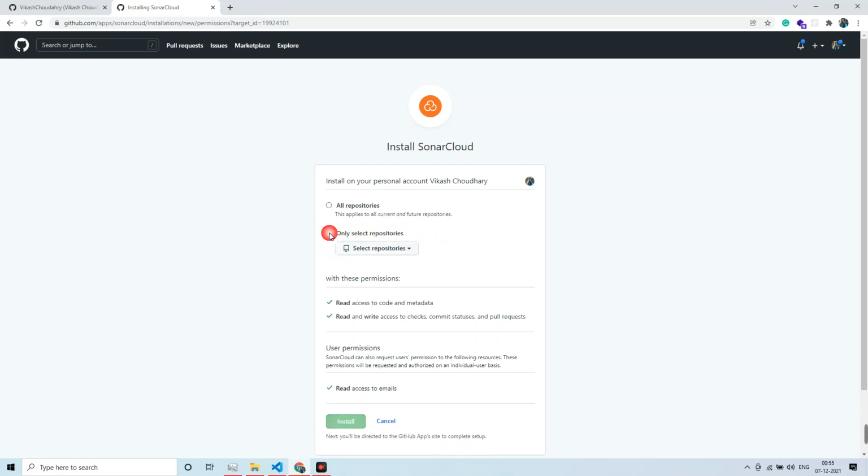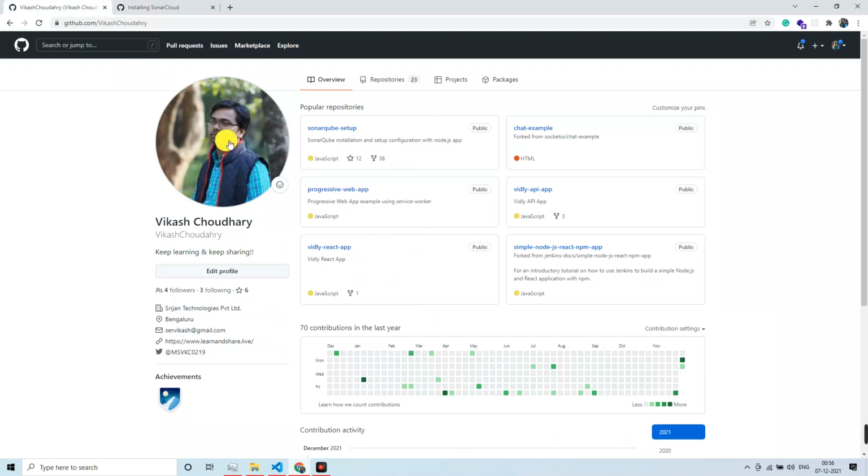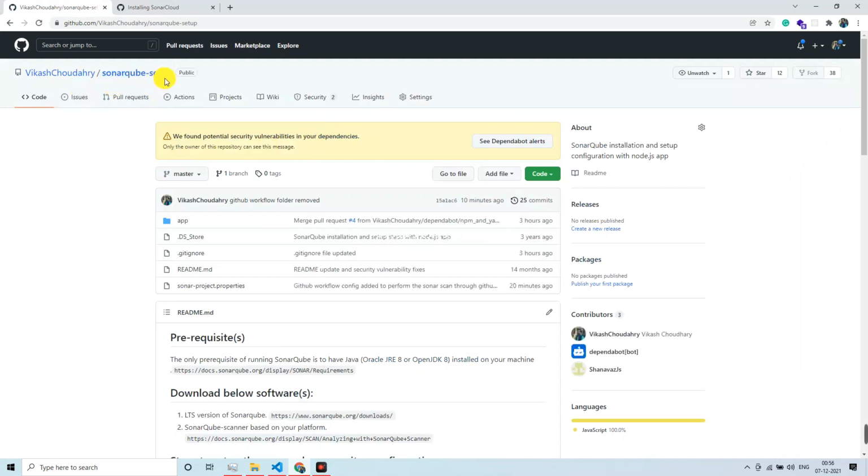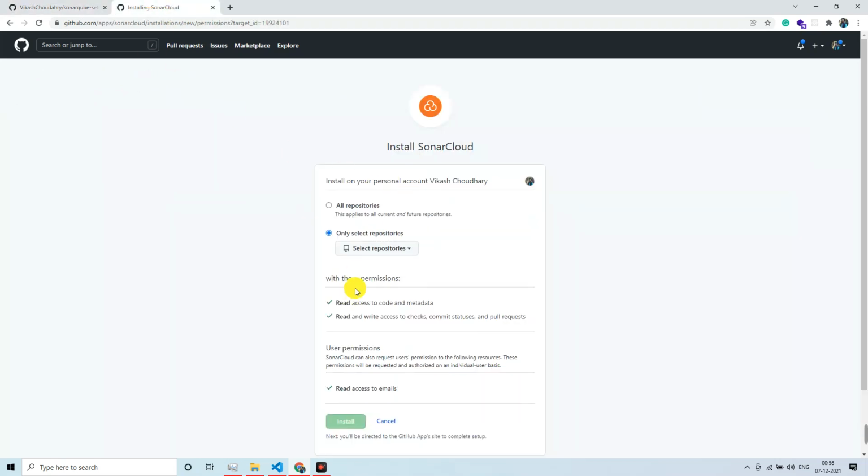I'm going with the only select repositories option, and for all the SonarCloud and SonarQube setup, I have specifically created a Node.js app, kind of a test app, where we can do all this kind of experiment, and this is the tutorial. If you see here, this is the SonarQube-setup repo name, which is being created to do this end-to-end setup of SonarCloud and SonarQube with GitHub, right? So just select that repo from here,